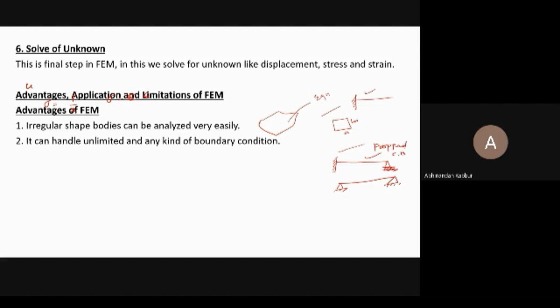Propped CB. This is what we call a propped cantilever beam, which is fixed at one end and provided support at the other end. Correct? I have fixed one end and I have provided the support at the other end. This is what we call a propped cantilever beam. See, in case of a propped cantilever beam, if I want to get the reactions,